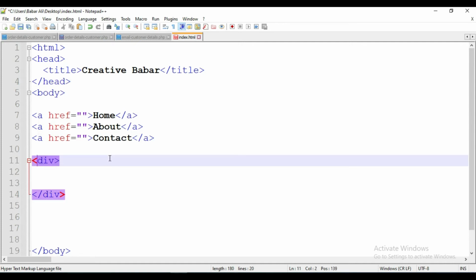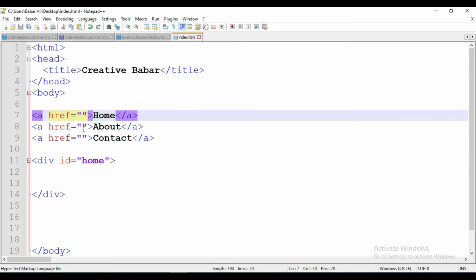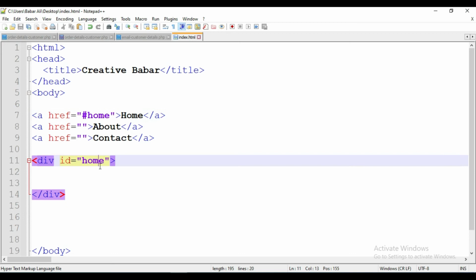I assign an ID here, and the ID is home. So if we want to open this ID with the home link, then we copy the name of the ID and here we add a hash and then paste the ID, and here we put some text.